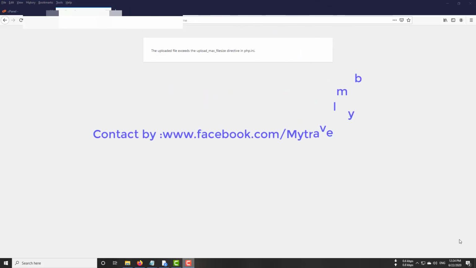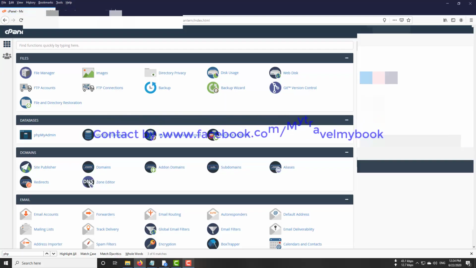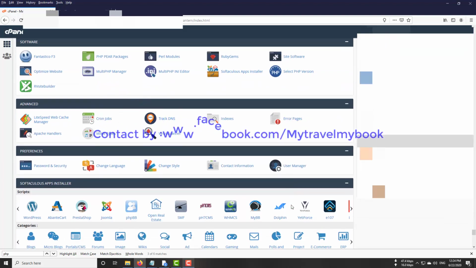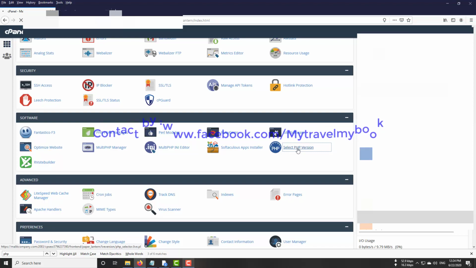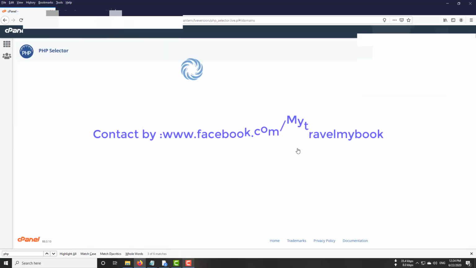In this tutorial I'm gonna show you how you can fix the uploaded file exceeds the upload max file size directive in php.ini. For this you need to open cPanel of your website. From there you have to select PHP version, and from here you